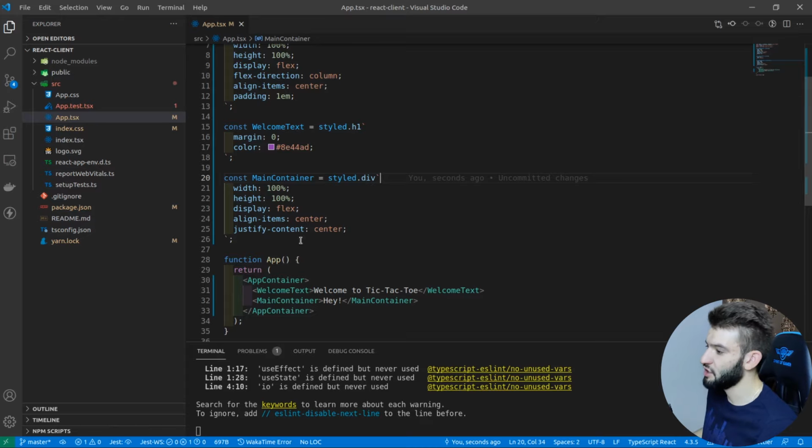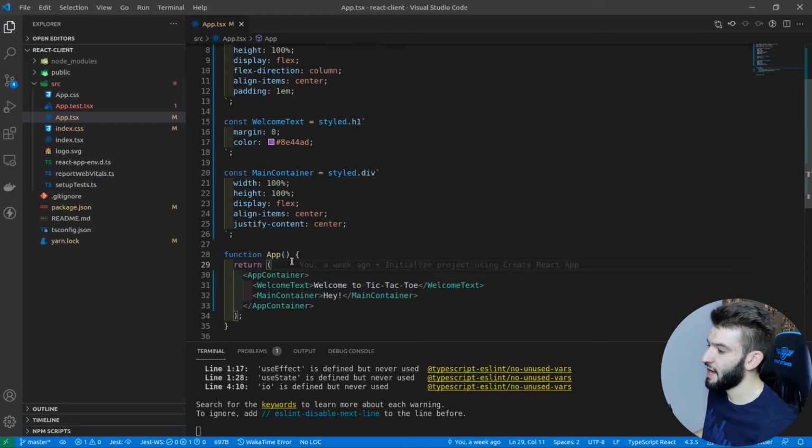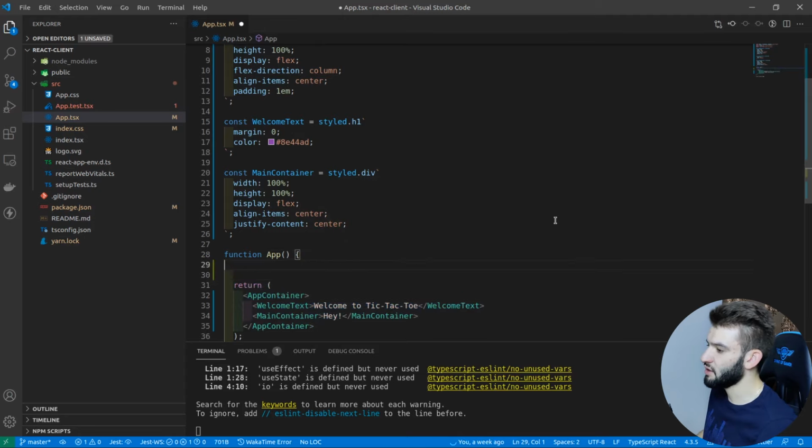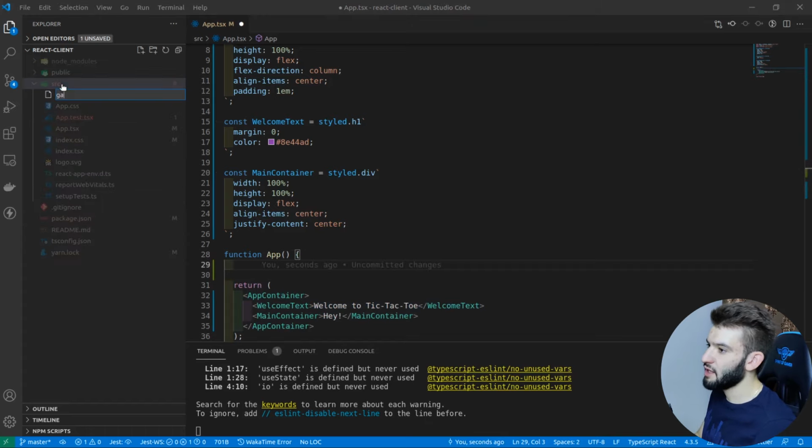So this application, this main component right here, is going to act as the main component, where it's going to have the state and store all the states and everything. And we can have a context that's going to provide it through to the children. So let's go and create this real quick over here. We can create a new file. I can name this game